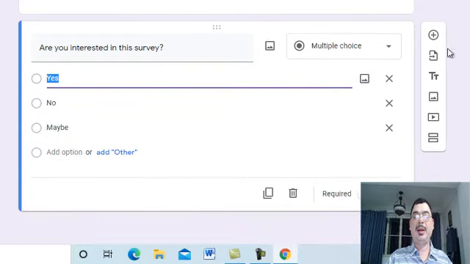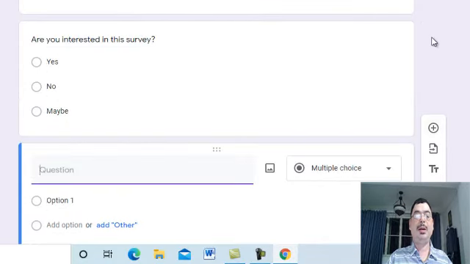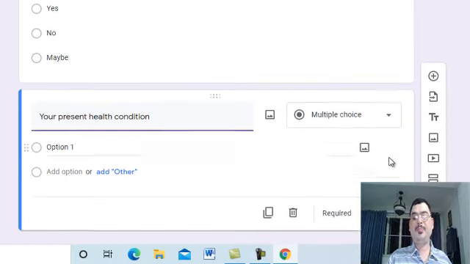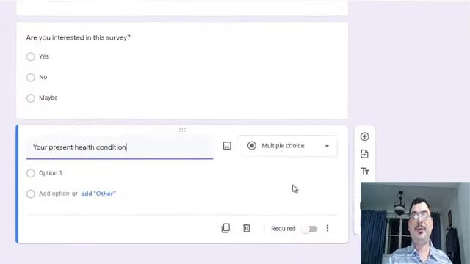And next I am going to add, if I want to collect the email address, I can add an email address, and if I want them to give me a paragraph regarding their present health condition, now I want them to answer in a brief note.